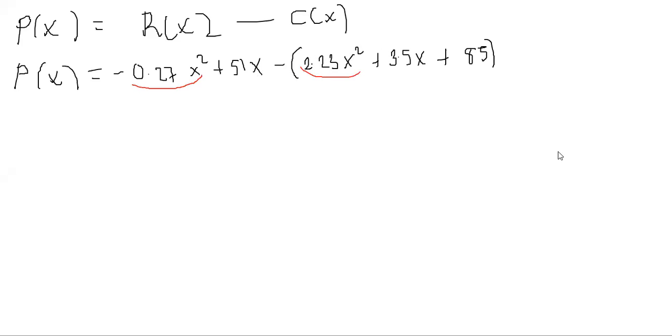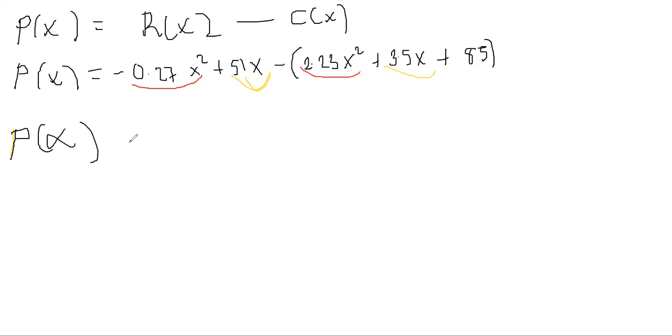We also look at this one and this one, they are like terms. So it will be 51x minus 3.5x. Then we have only one constant here. So if we simplify those expressions, we'll have P